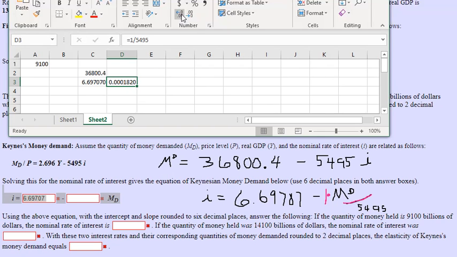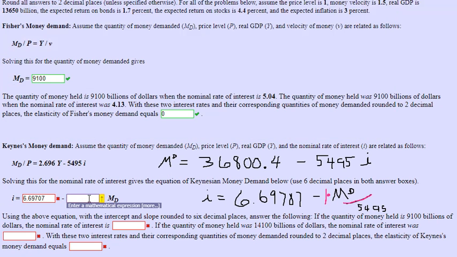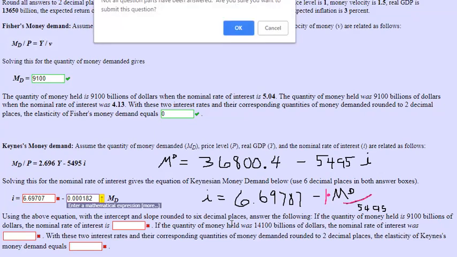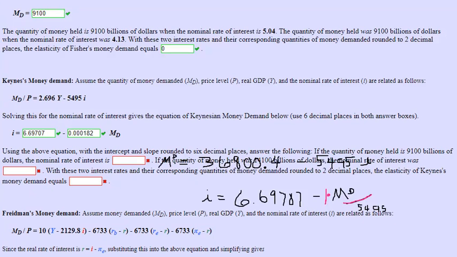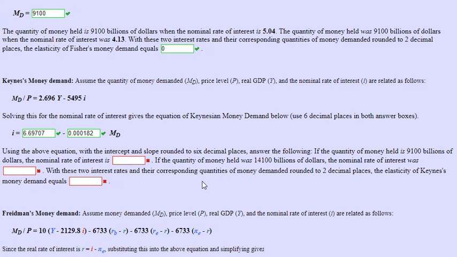So the slope to 6 decimal places, 2, 4, 6, right? That's 6 decimal places. And I'm going to hit enter to see if I get everything right, and I should. Good, I got that all right, correct? So I'm going to go ahead and erase all that stuff. Now I have an equation with a relatively small intercept and a slope really close to 0. So I'm going to use this equation above with the intercept and the slope rounded to 6 decimal places to